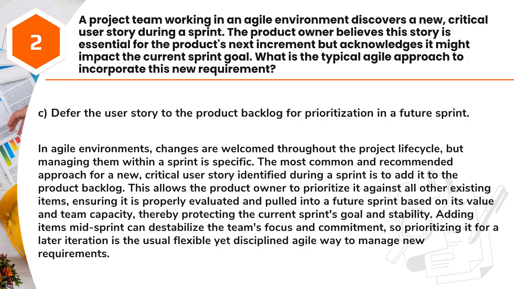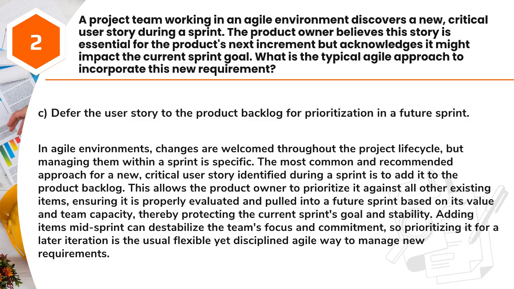Answer: C. Defer the user story to the product backlog for prioritization in a future sprint. In Agile environments, changes are welcomed throughout the project lifecycle, but managing them within a sprint is specific. The most common and recommended approach for a new, critical user story identified during a sprint is to add it to the product backlog. This allows the product owner to prioritize it against all other existing items,